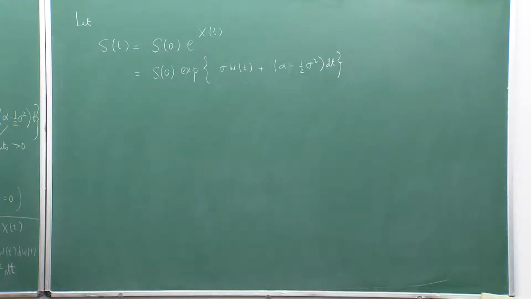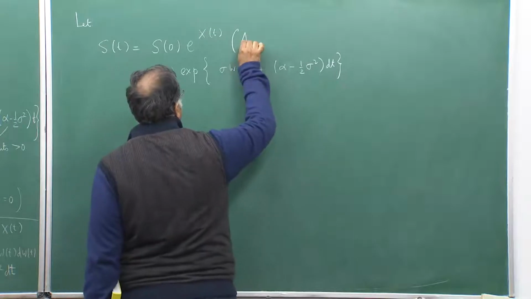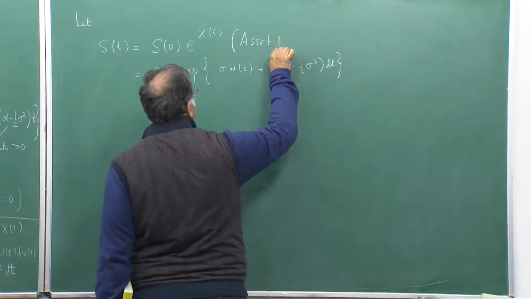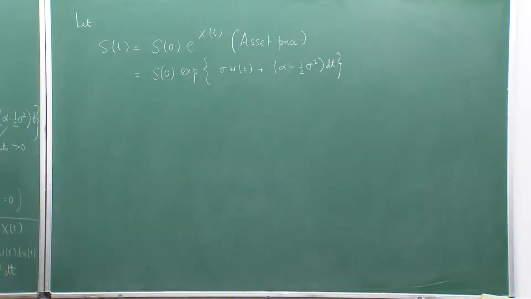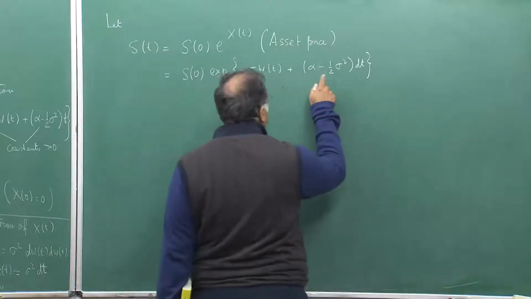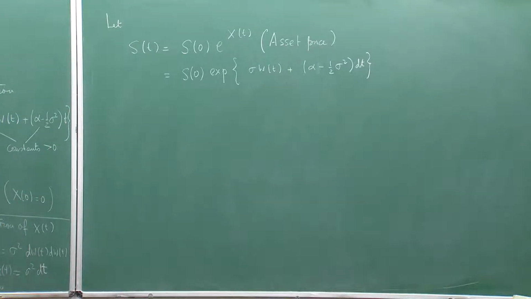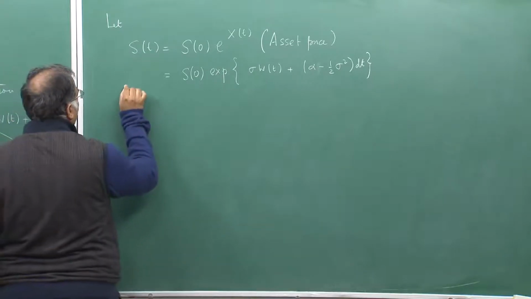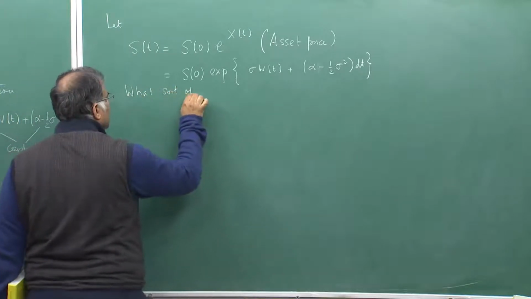Now, let us see what sort of stochastic differential equation St will follow. So, this is the definition of an asset price. I know that there is a volatility term associated with the Brownian motion and some drift term. We will talk about it when we explain things in finance in our next course in much more detail, but assume that this is called a drift term. And now, my question is, what sort of SDE